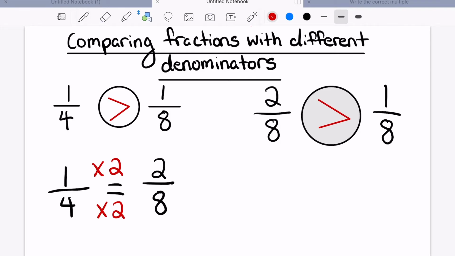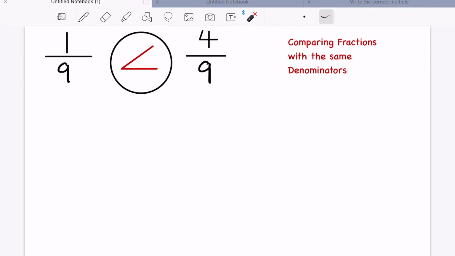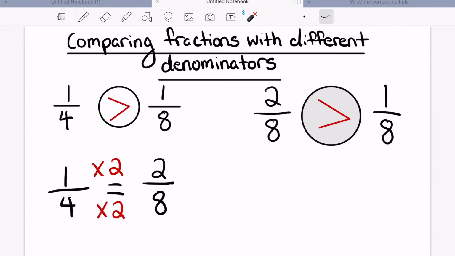So that's how we compare fractions with different denominators and how we compare fractions with the same denominators. We look at the numerator and the denominator, but we first have to look at the denominator to make sure it's the same. Then we look at the numerator. So today, we're going to be